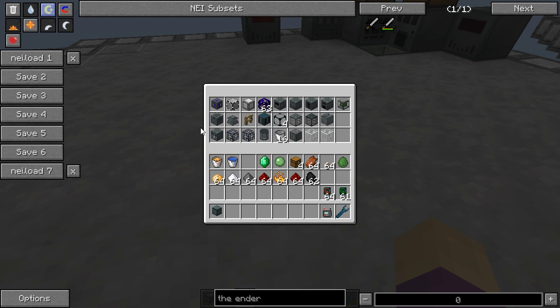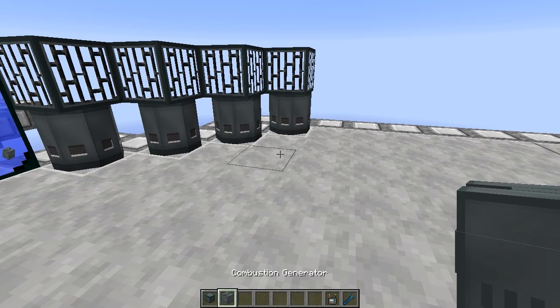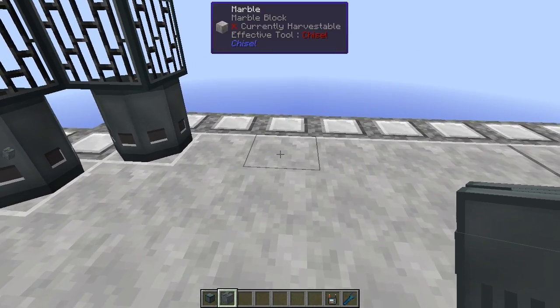And let me think. We're going to need... Why can I not see it? Not the crafter. I do need to cover the crafter. Yeah, I'll cover the crafter in a minute. Now we have...